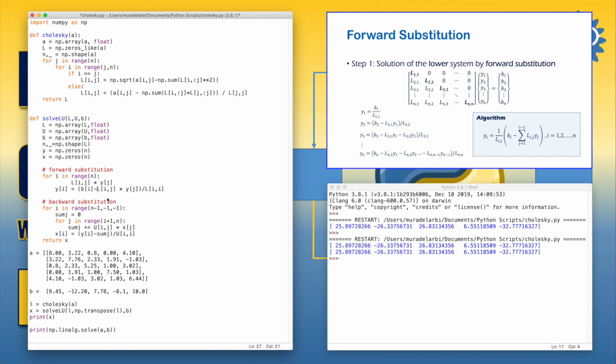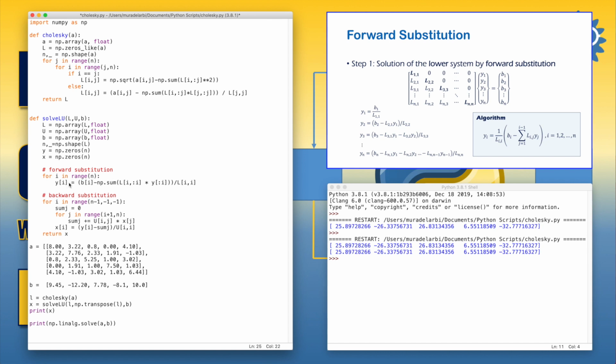Now we add the summation routine of NumPy. In this way, and also this loop goes from 0 to I, so in this way we guarantee that the internal loop will go as we need according to